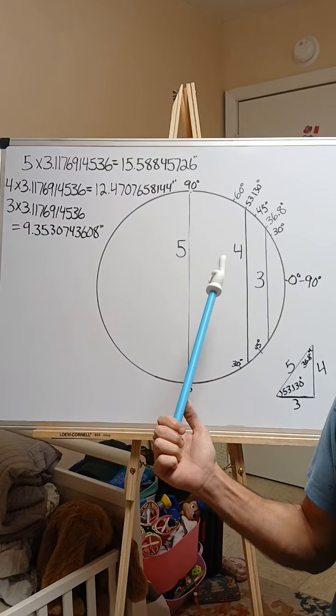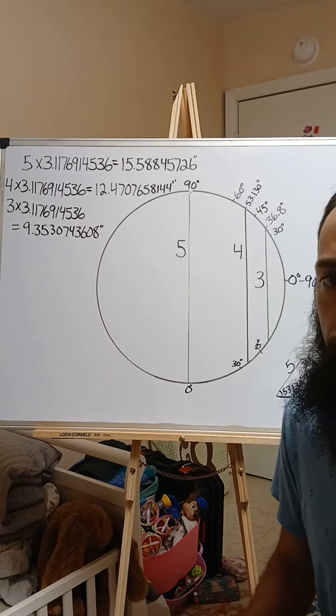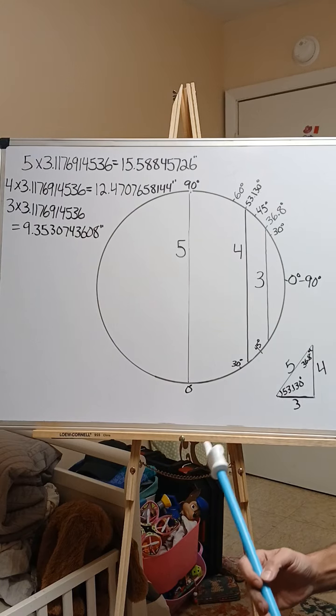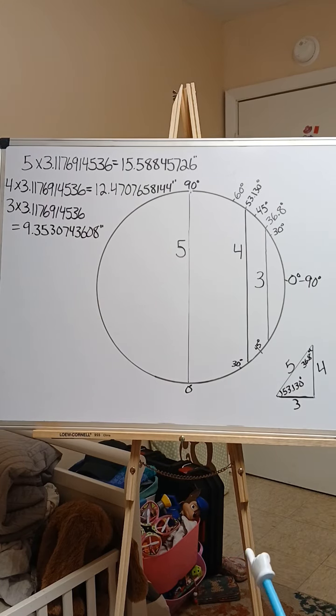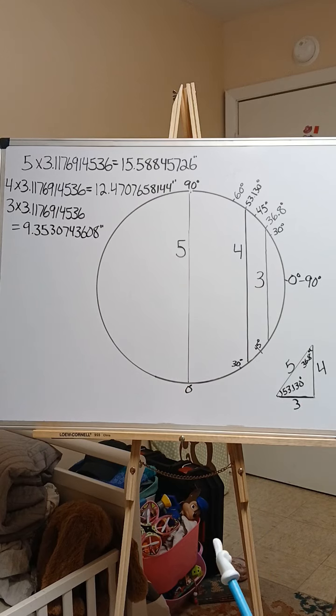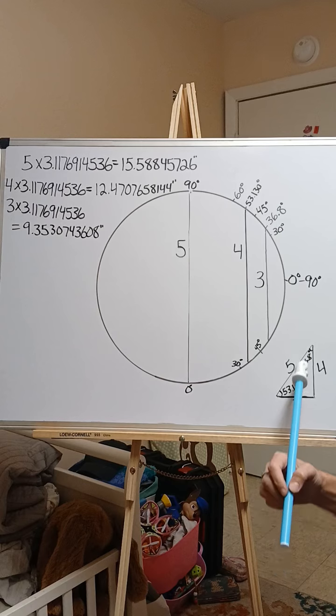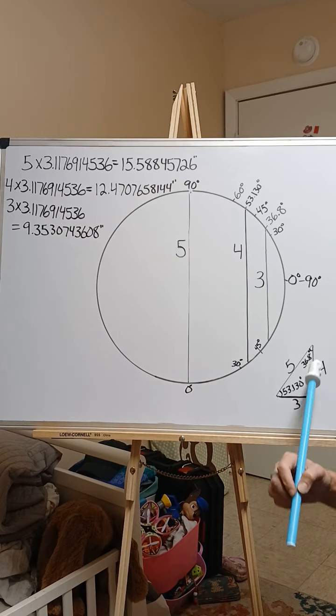Triangle is just portions of the circle. And I'm going to show you an example right here. If you look to the lower right hand, we got a triangle right here. It's a 3-4-5 triangle. Okay, and a 3-4-5 triangle, the three angles that add up to be 180 degrees, we